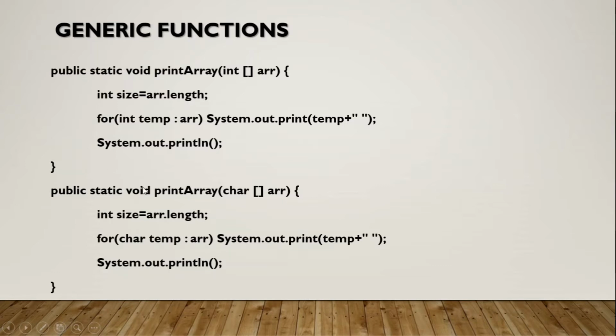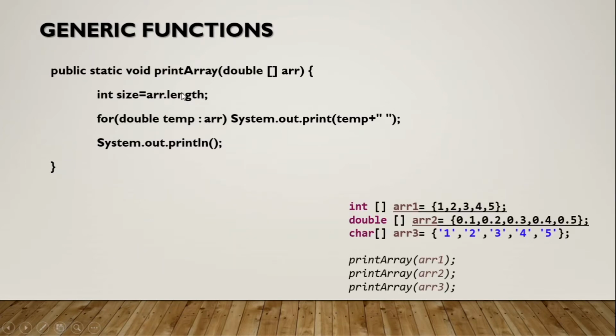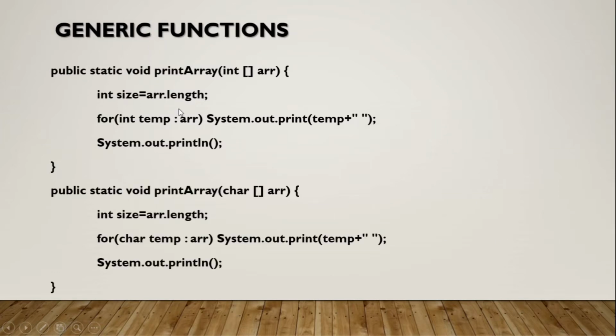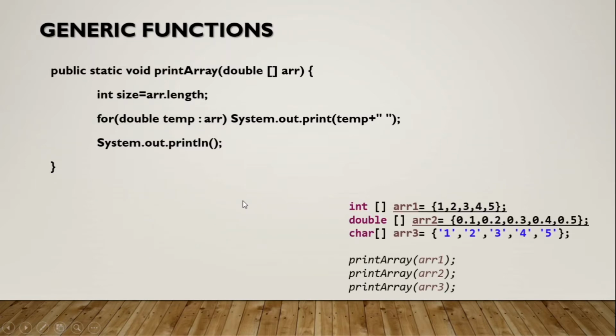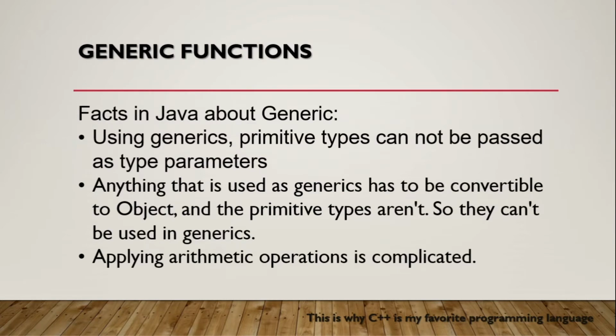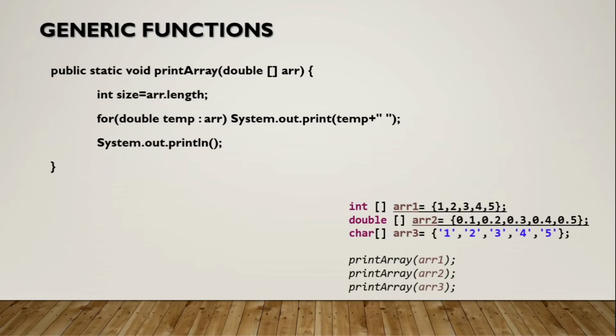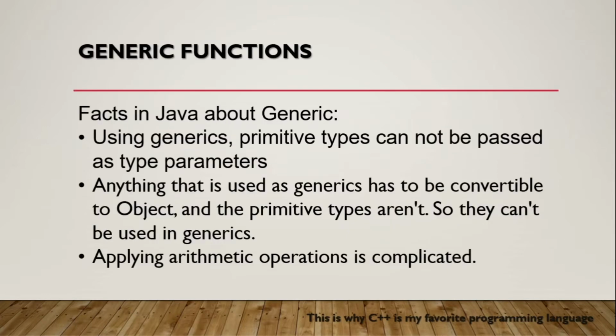If you just look at the function body here, compare this to this to this, they are exactly the same. The only difference between those functions is what? The integer definition here, the character here, and the double here. That's considered redundant. What I can do with generic functions is create one function that will be able to handle all of them. Now, with Java, and this is extremely important, and this is one of the questions you might be asked in interviews,